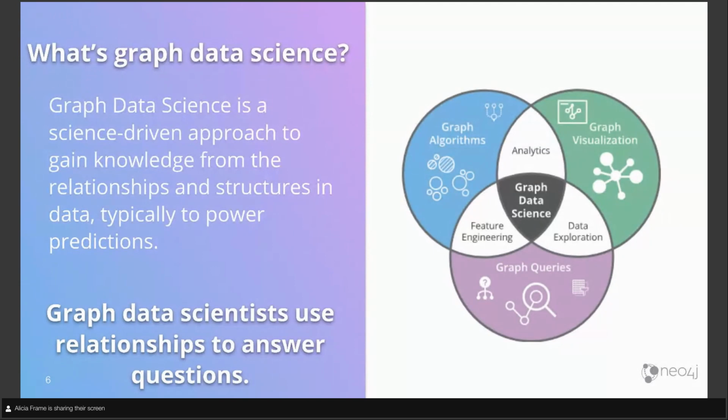What I'm talking about today is graph data science. Graph data science is basically using relationships between your data points to answer questions. It's a science-driven approach to gain knowledge from the relationships and structure in your data, usually to power predictions and answer questions. And when we talk about typical data science, you're probably familiar with pandas data frames or,